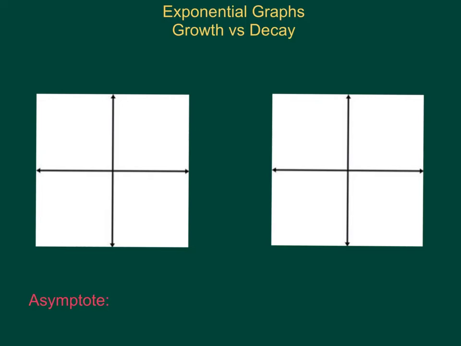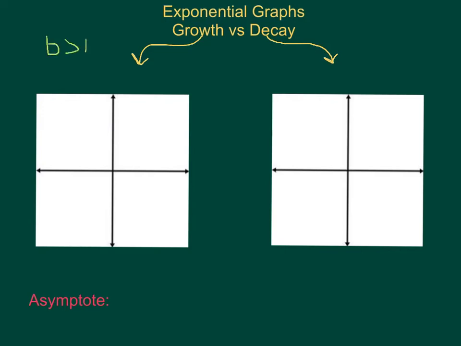Alright, so now moving on to graphing exponential functions. I'm going to talk quickly about just kind of the general form of an exponential graph, and then we will actually graph 2 specific equations. So I'm going to do one example. Let's see, on the left we'll do an example of exponential growth, and on the right an example of exponential decay. So if something is going to grow exponentially, that means its rate, or the value of b, has to